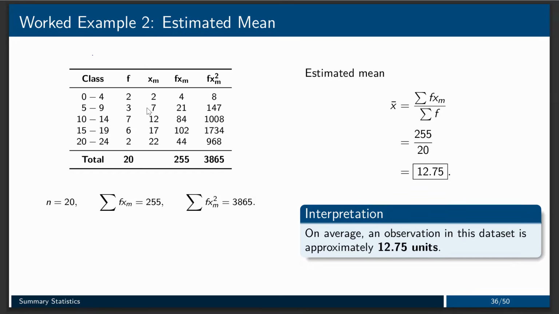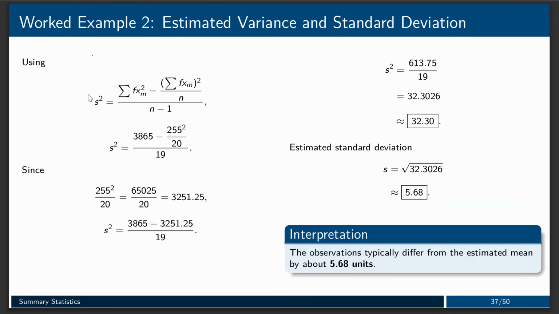When you come here, you just fix the values into the formula. So summation of fx squared, we have 3865. Summation of fx was 255. So 255 all squared, all over n, which is 20. Now everything over 20, n minus 1, which is 20 minus 1, that is 19. So you simplify to get